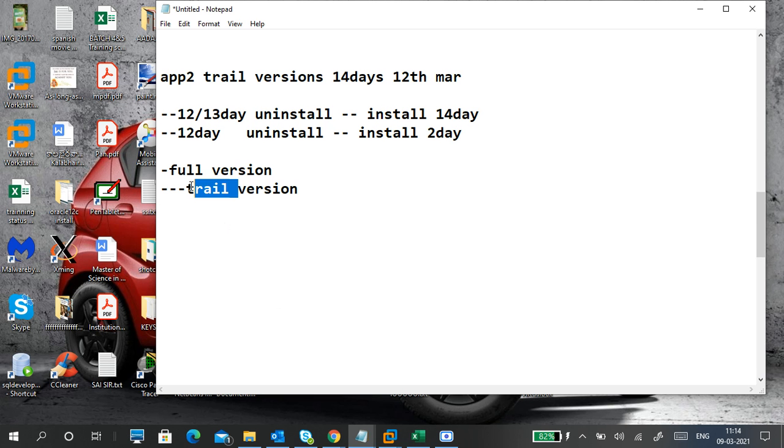Demo version, trial version, anything, the name is the same. So what people do is, when you change things, still the changes do not occur. For example, in this case, after you install, you get only 2 days, not 14 days. You never installed earlier, you don't know what happened earlier, but you install now, you should get 14 days, but you get 2 days only. In these cases what you do, go to registry.